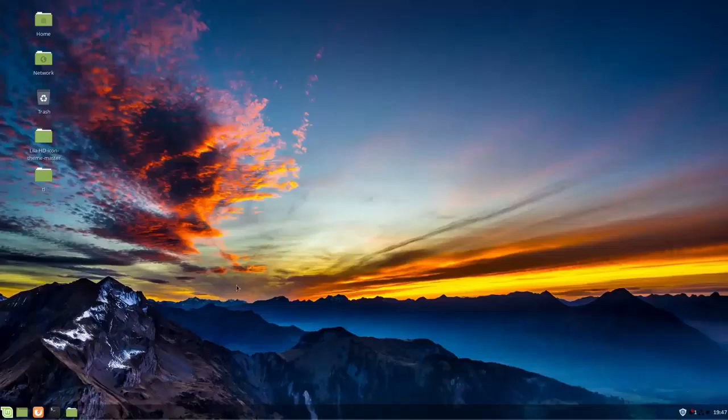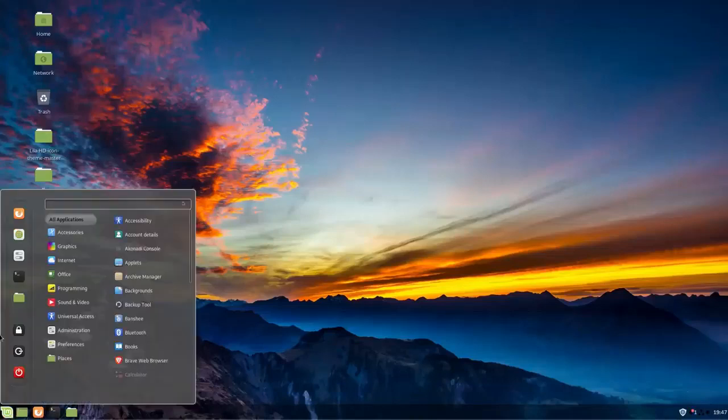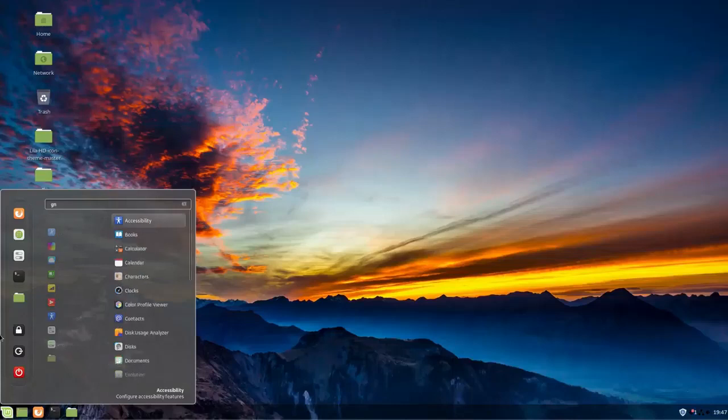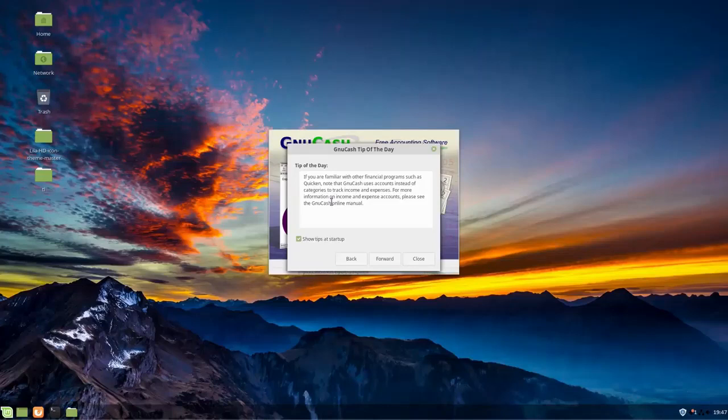We're going to be doing this on my Linux Mint 19 virtual machine. And I just installed GnuCash, and I didn't do anything with it yet. Now, I installed this as a Flatpak. And the reason is the